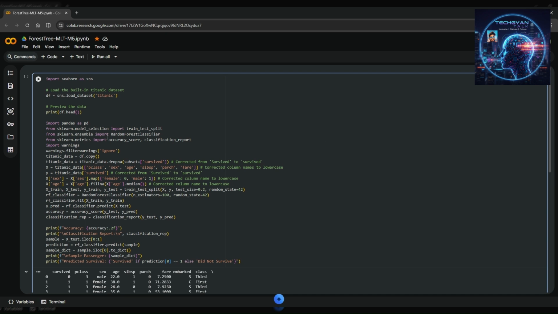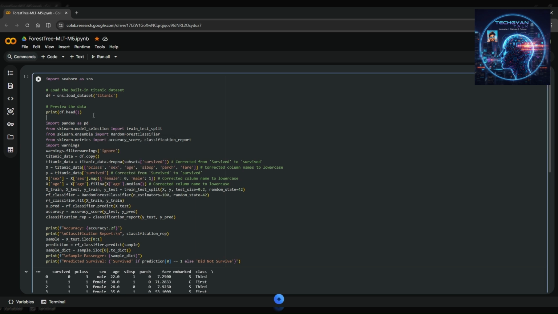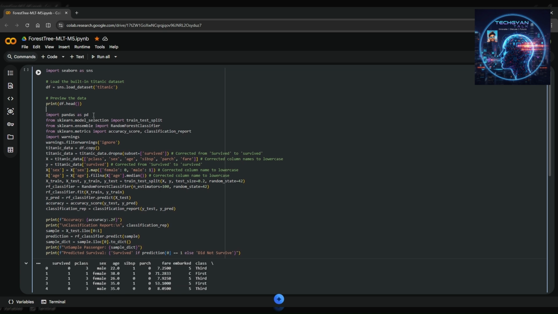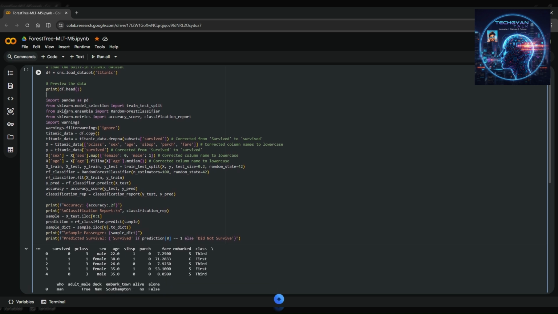So we have to import seaborn as sns and load the built-in Titanic dataset. That's the reason we are importing seaborn here. And next is to preview the data, you have to print df.head(). So this will print the data. And next, we have to import the libraries, like import pandas as pd, and next from sklearn.model_selection,